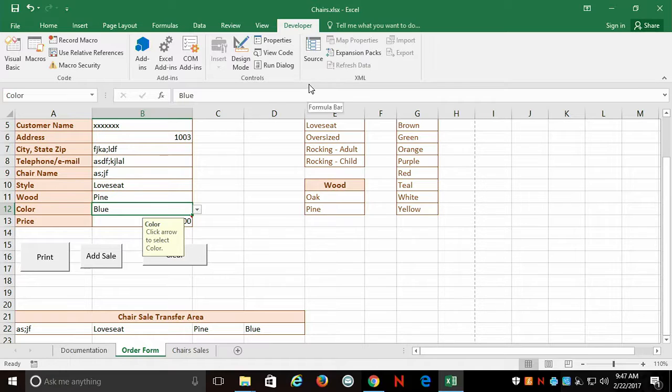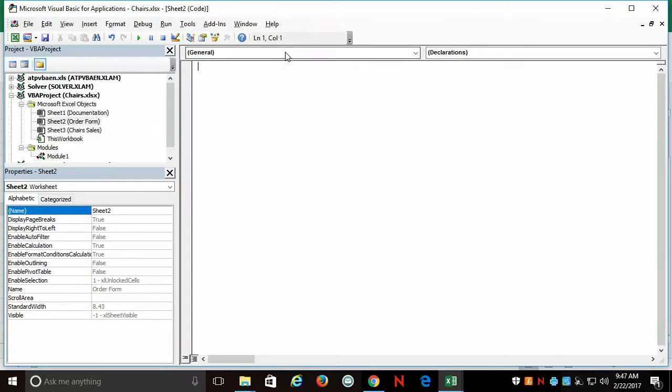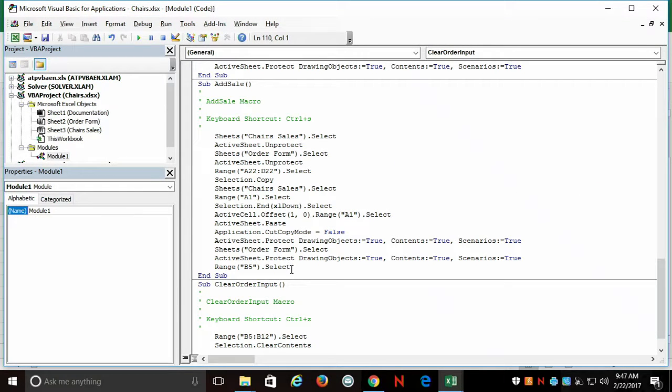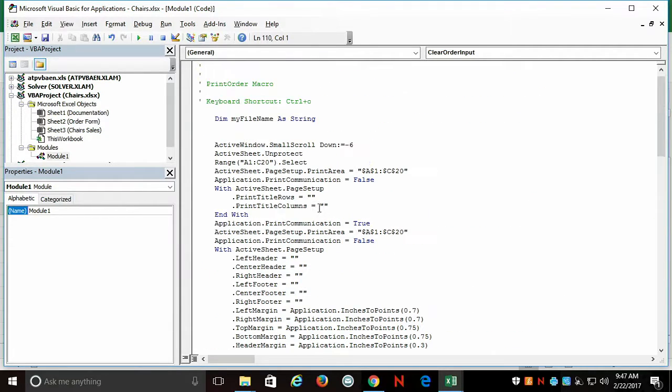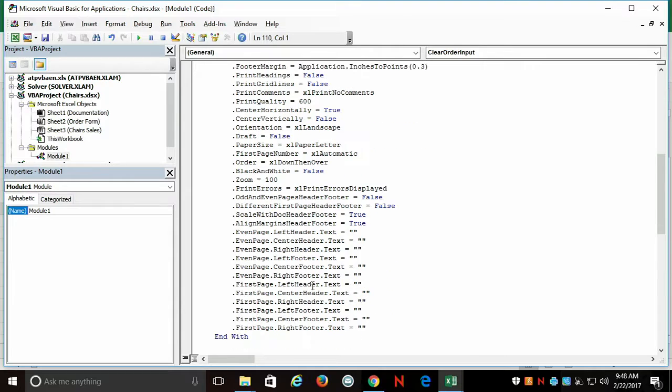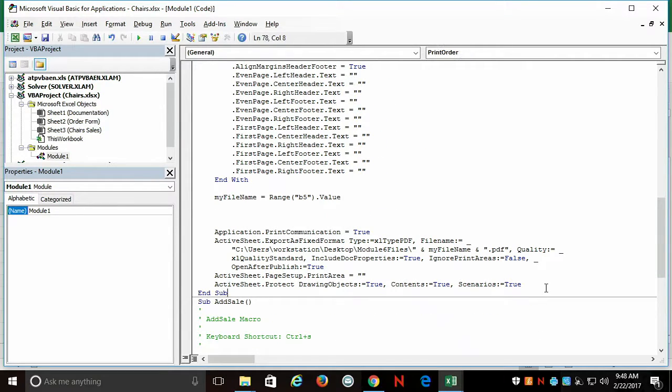Let's go to the source, or I'm sorry, the view code. And this is our subroutine print order, right? Think about a subroutine as a block of code that does something. Well, at the end of this, I could say, hey, after I'm done printing it, what I'd like to do is add the cell. So instead of forcing them to click that button, in this subroutine, the command is call,